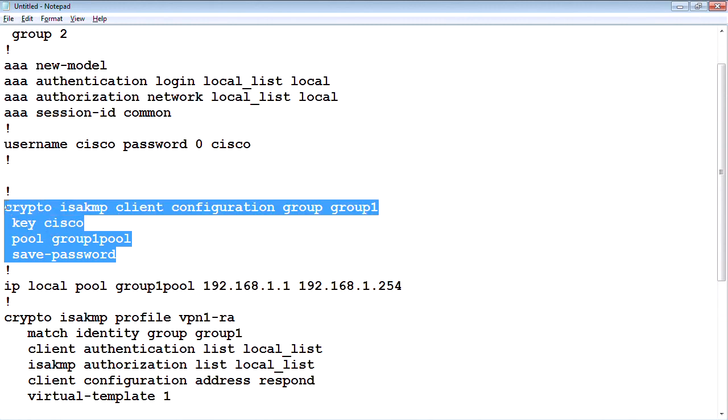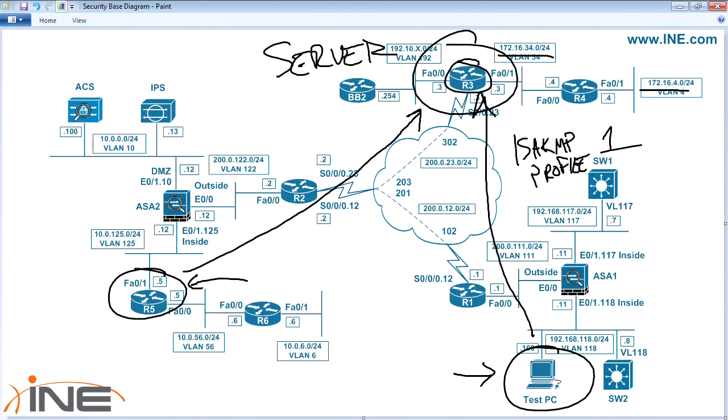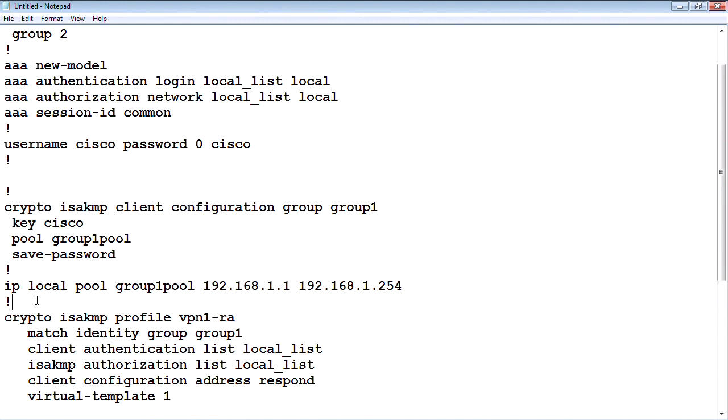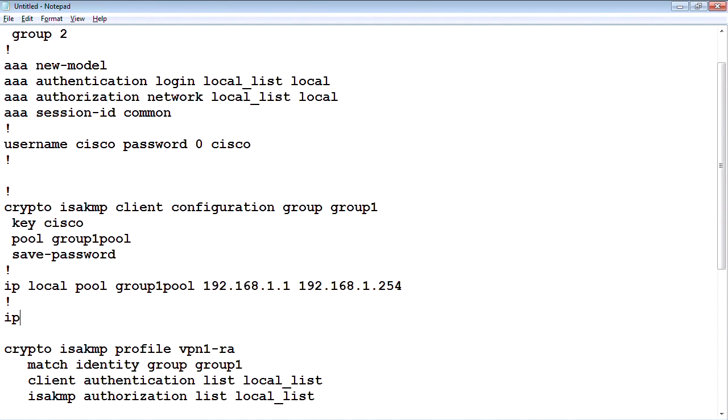This is where I would also specify my access list. If I wanted to do split tunneling, which in this particular case I do, I want to protect traffic just that is going to that 172.16 network that's behind router 3. And again, remember that this access list is going to be from the perspective of the server. So on router 3, we'll say that the traffic is coming from the 172.16 network, but we don't necessarily know where it's going yet because we don't know who the initiator of the tunnel is. We'll say